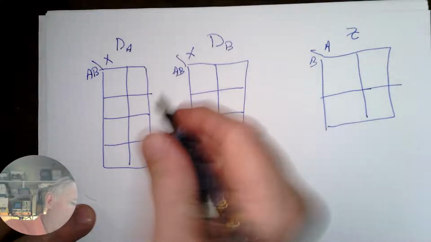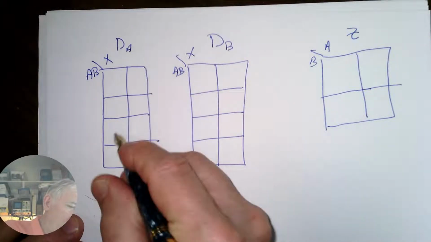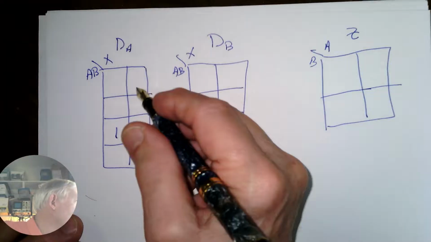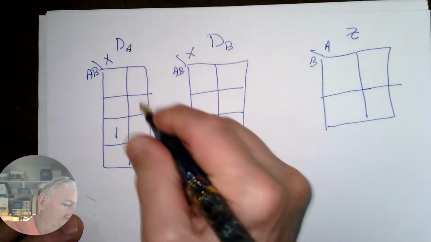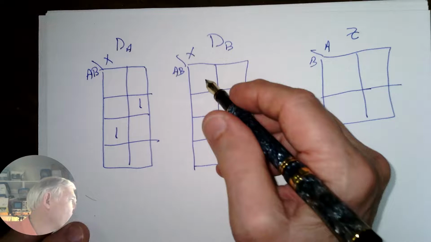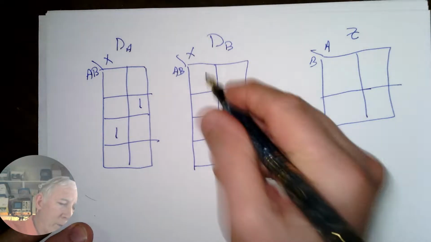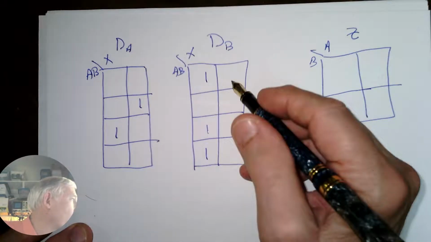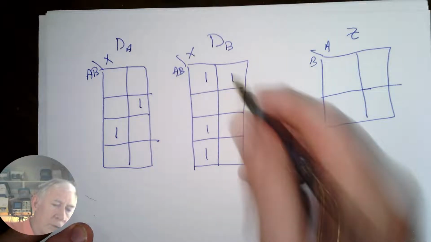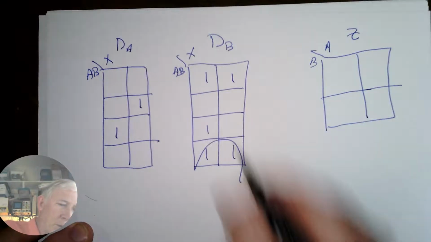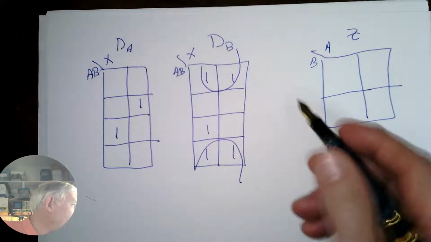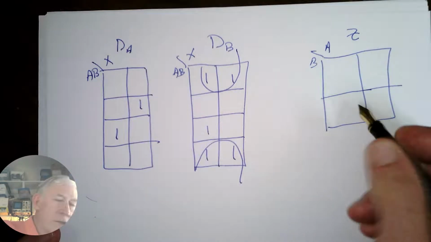0, 0, 1, 0. And then 0, 1, 0, 0. And the B is going to be 1, 0, 1, 1, and 1, 0, 0, 1. Now this is going to be a little simpler. Okay, and then the output map, we're going to see our, let's see, I think,